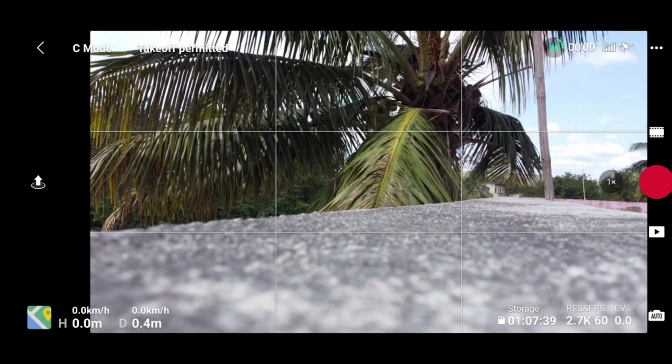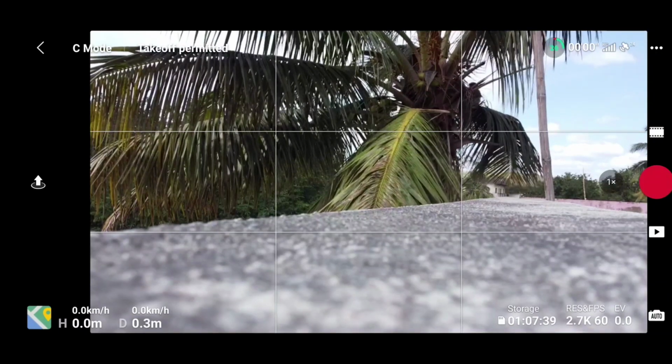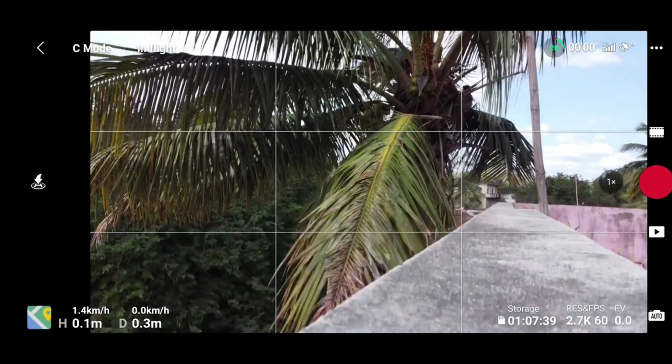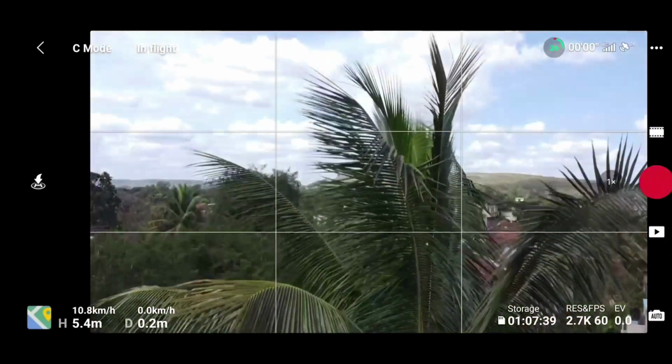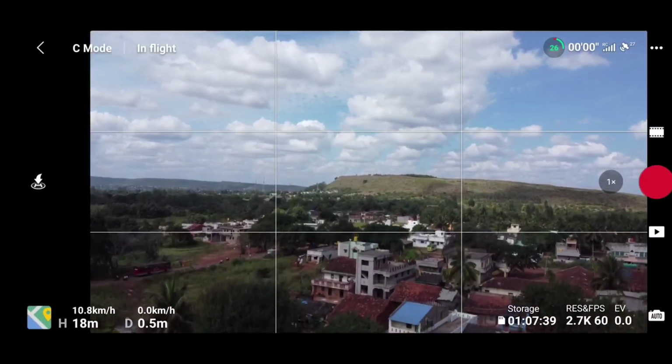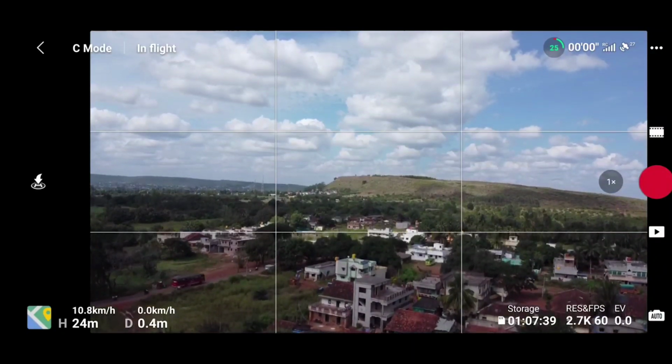Once we upgrade the DJI Fly app, the license will be disabled. We need to go manually and activate the license. One more thing to add is, whenever you update your DJI Fly app, there's no need to do the hack process again. You don't need to connect your drone with your laptop and do the hack process again.